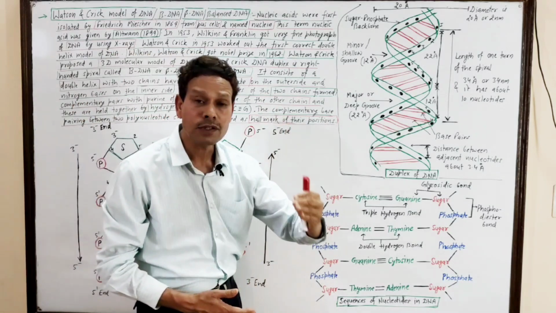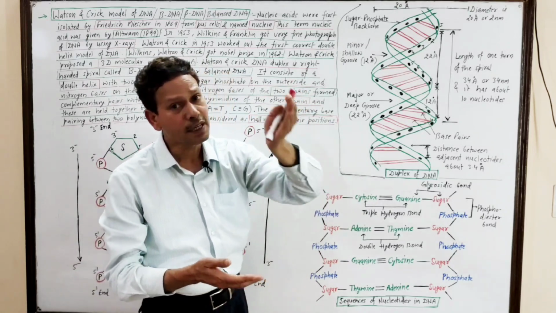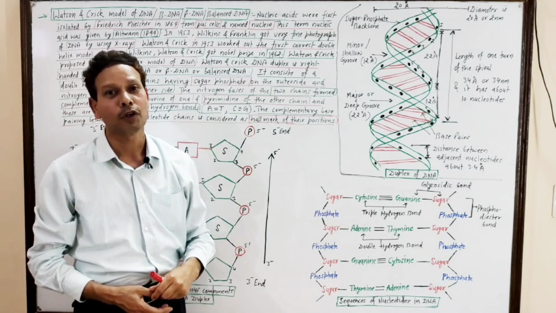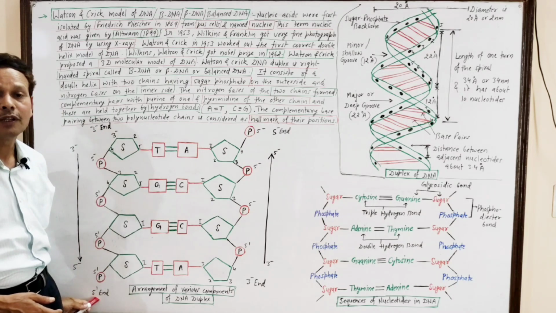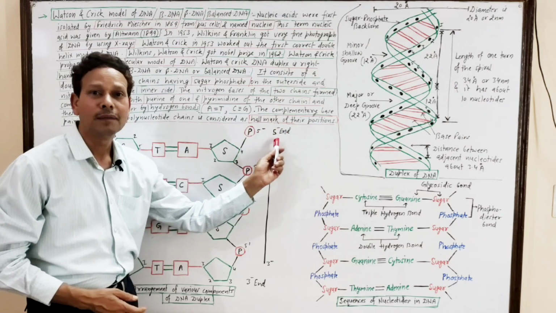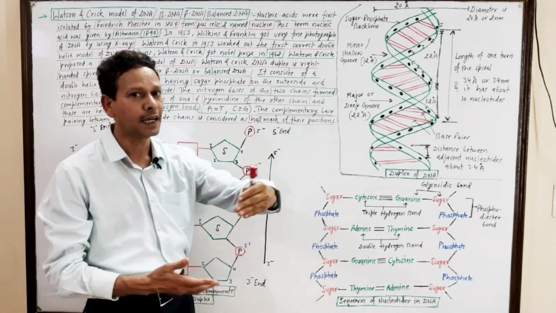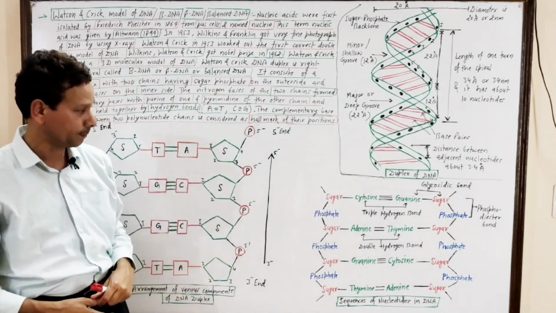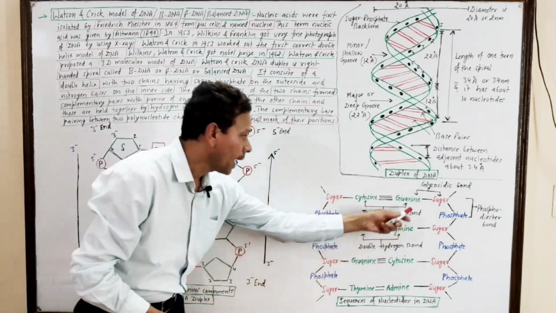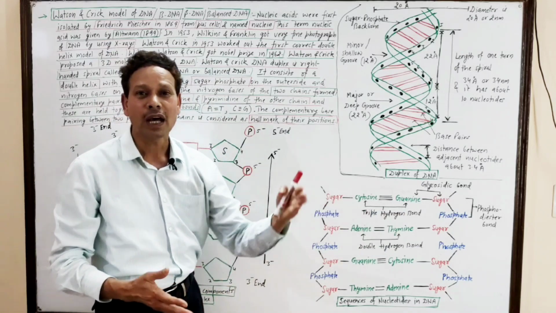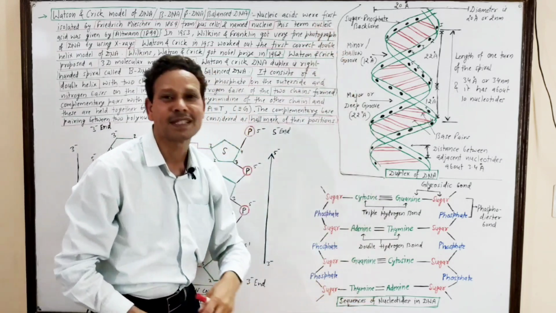It means in the case of DNA, both strands run parallel but anti-parallel, because one strand starts with the 3' end and terminates with the 5' end, and the other strand starts with the 5' end and ends with the 3' end. Both strands are parallel but anti-parallel to each other. Here, the phosphate and sugar molecules produce the backbone of the DNA, and the nitrogen bases are interconnected by hydrogen bonds. The structure becomes ladder-like.